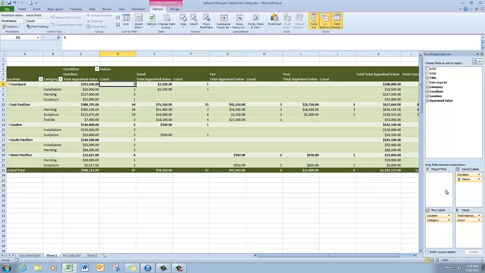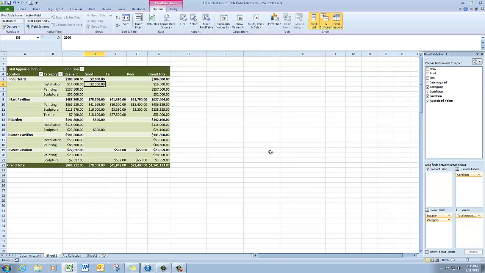If I have a field added to my pivot table that I no longer want to include, I simply come back up to the field list here and unclick it. So I've removed the title field from the pivot table, and that takes out all of the count columns. So that's how you create a pivot table and